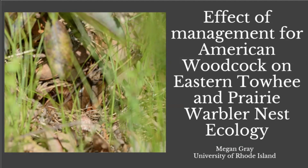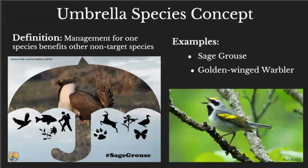Okay, hi everyone. I'm Megan. I'm from the University of Rhode Island. I'm a master's student there. I'm going to be talking to you today about the effective management for American woodcock on the nesting ecology of eastern towhee and prairie warblers. So the first thing I'm going to do is define the umbrella species concept, which is that management for one